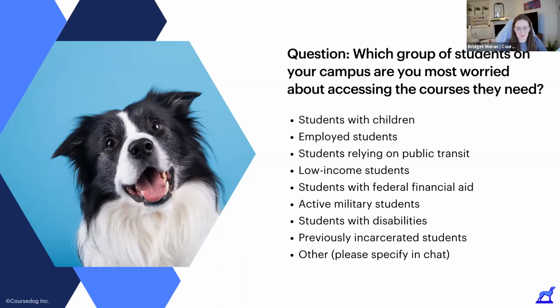All right, well, it looks like we have the poll results published for everyone to see here. Super interesting to see what everyone selected here. It looks like employed students came out as the top one. Yep, I think that makes a lot of sense to us. Low income students, another one that really rose to the top here. If anyone has any commentary on why they selected their answer choice, would love for you to drop that in the chat. Mara, any thoughts here?